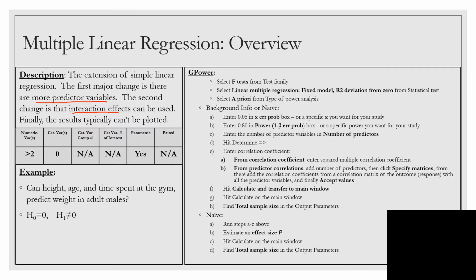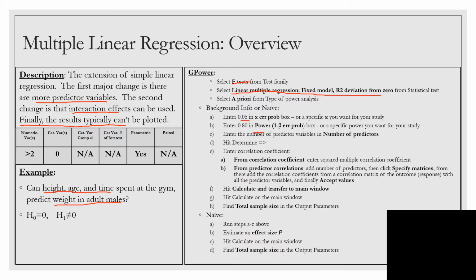And a good thing to note is with results, while a simple linear regression, you could plot the results with a scatter plot, multiple linear regression typically can't be plotted because it has higher dimensions. So, taking our example from before about males' weight, we can add additional variables of age and time to that height. Do this in G-power, F-tests, again do linear multiple regression,